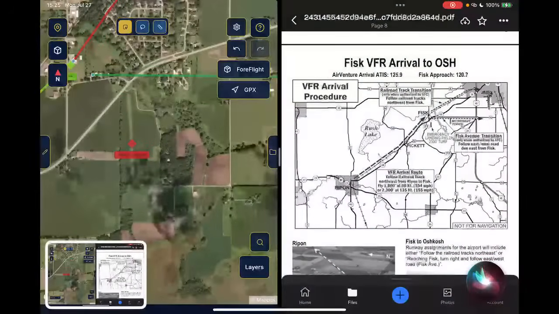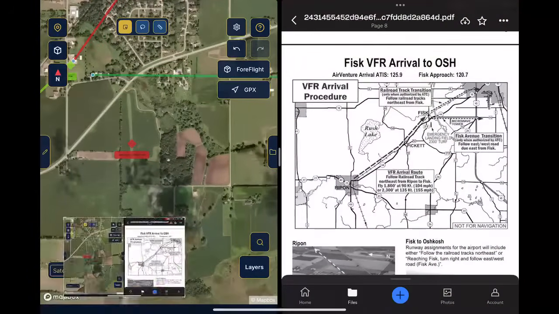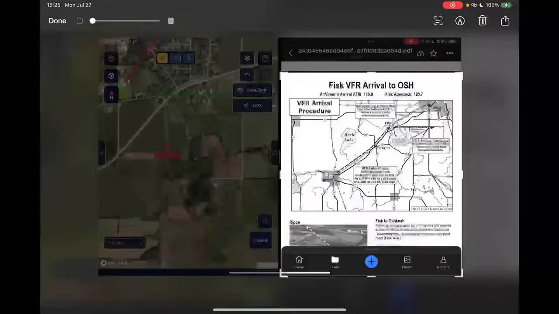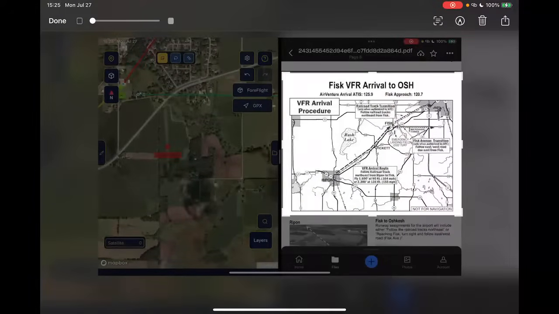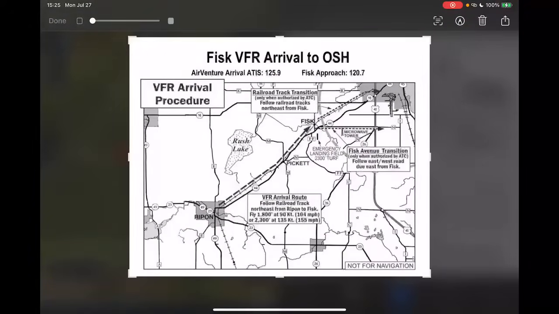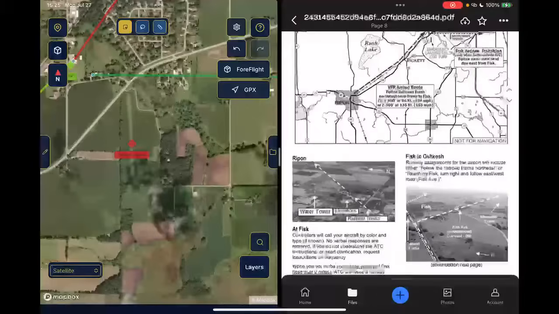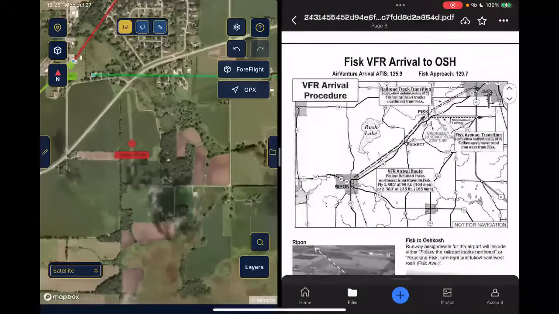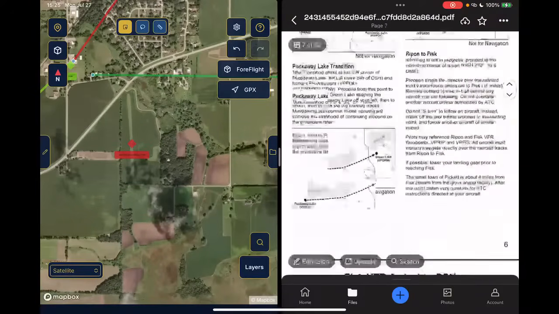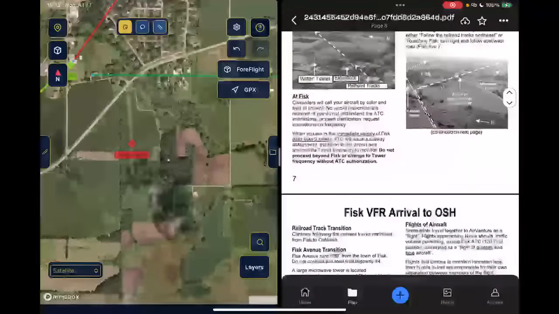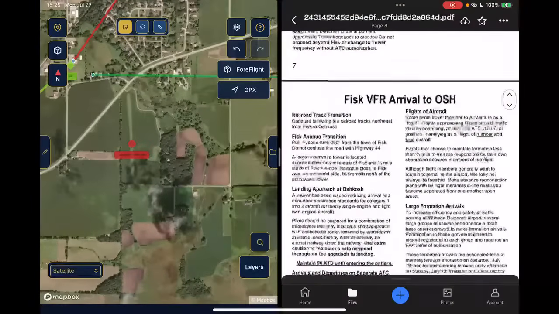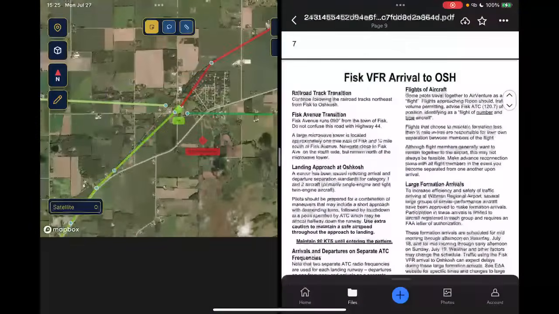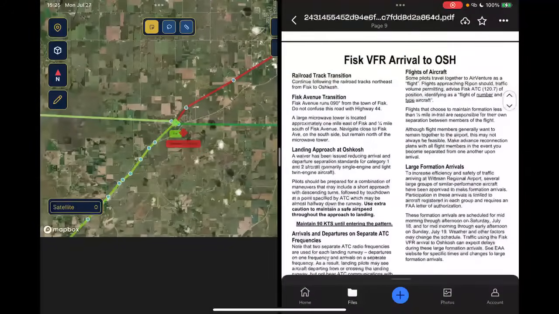Actually, now anyway, because I will be putting this overlay up on our store after the fact, so you guys could purchase it. And now this is just going through